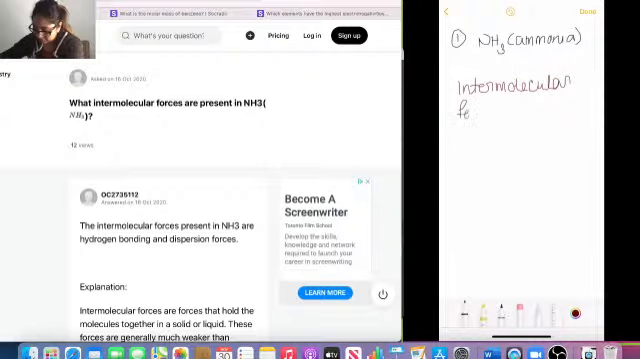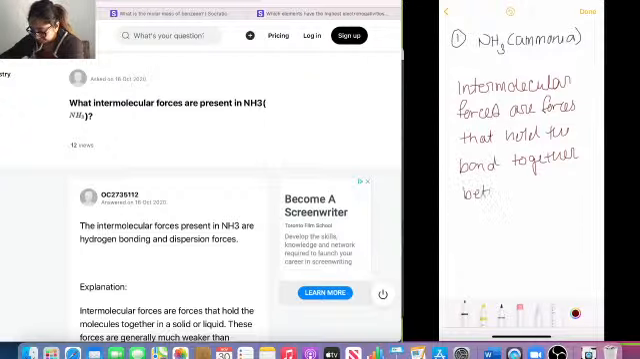forces are forces that hold the bond together between atoms, between basically two atoms, right? And so